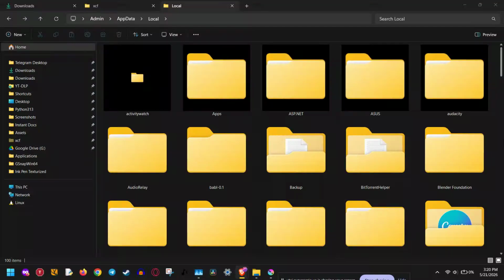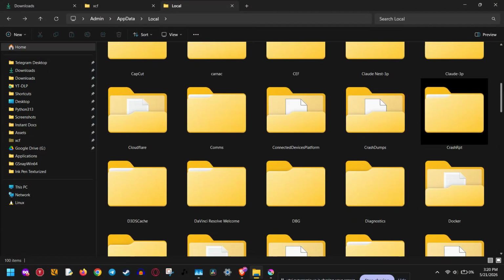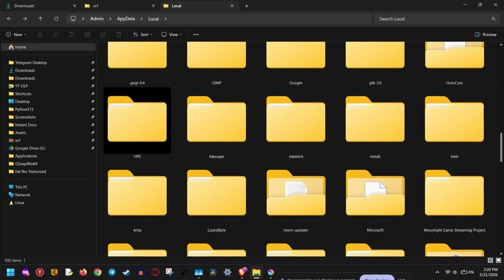If Krita is giving you a fatal error, don't worry, because in this video I'm going to show you the fastest ways to fix it step by step. This usually happens when Krita can't access the folders it needs, when a configuration file gets corrupted, or when a plugin or broken file causes the app to crash on launch. So before you give up and reinstall everything, try these fixes first, because they often solve the issue in just